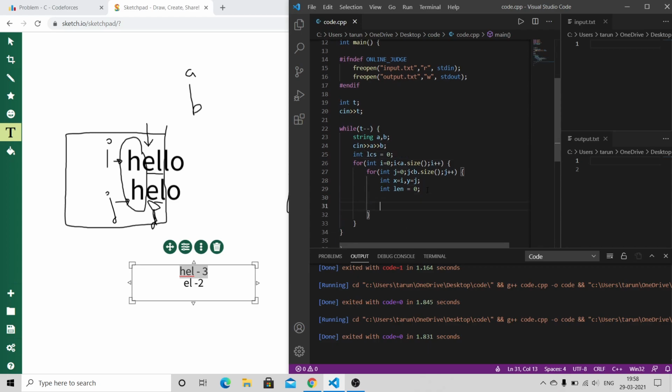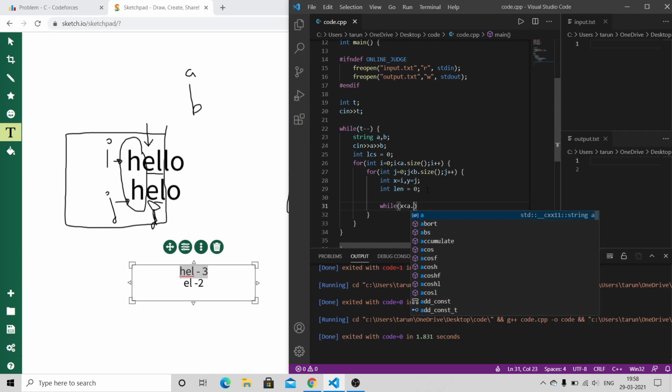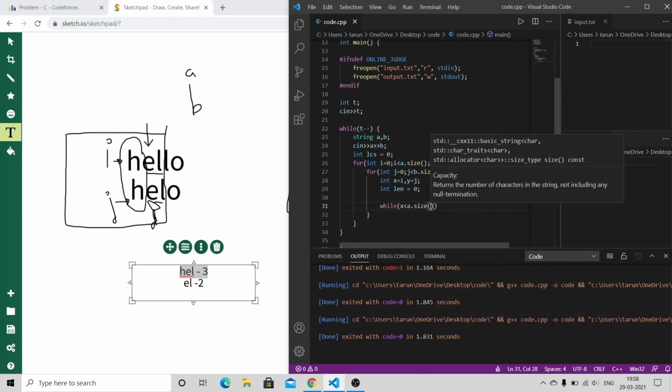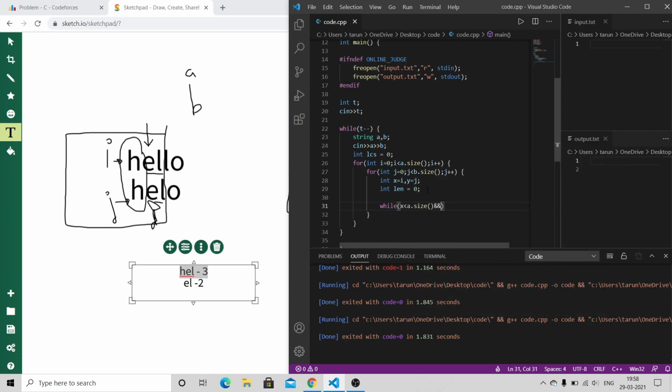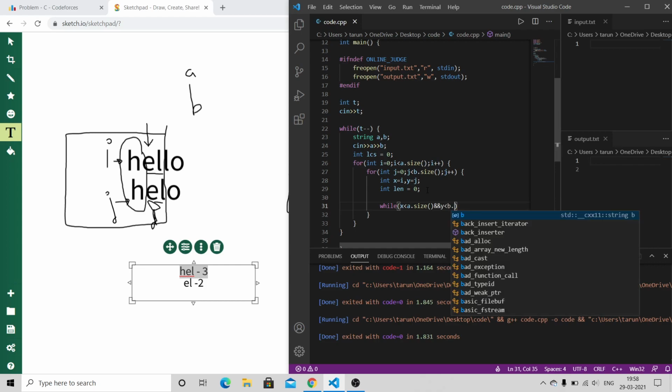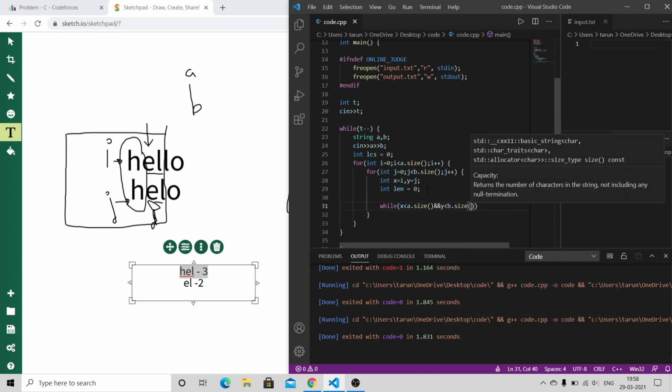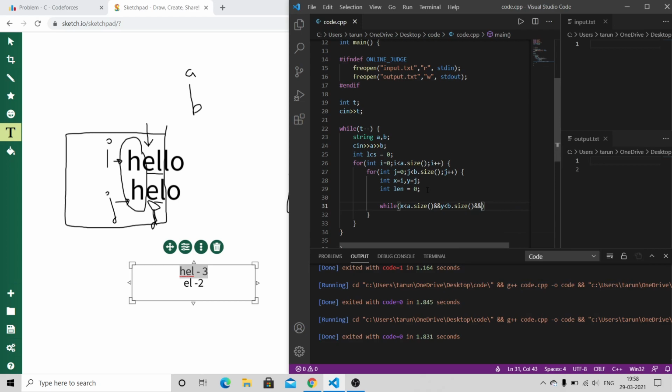Now what I'll do is I'll run a while loop such that x is less than a dot size and y is less than b dot size and a of x plus plus equals b of y plus plus.